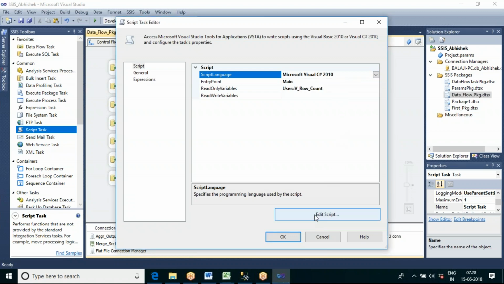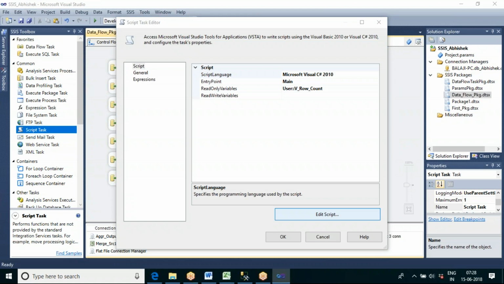I am also not a .NET developer, but learning a small line of script is okay, no? It might be useful for you, you don't need to write complex logic. You can write complex logic on the SQL side, but if you are not a .NET developer, we can learn some simple lines of code, one line, two lines. That's it. I also know just a little bit of .NET. The reason they have provided all these facilities is so any developer, even a SQL developer, can come and learn SSIS.